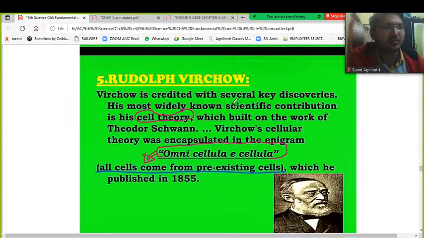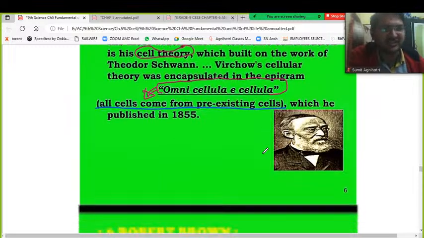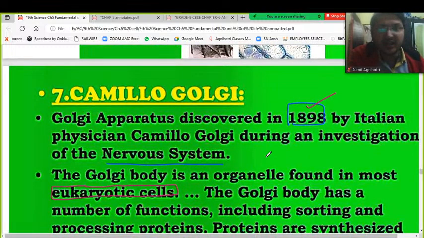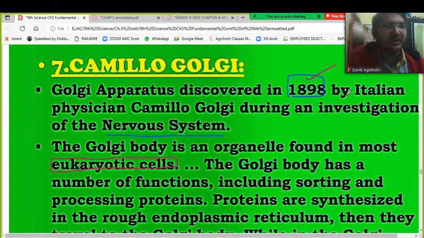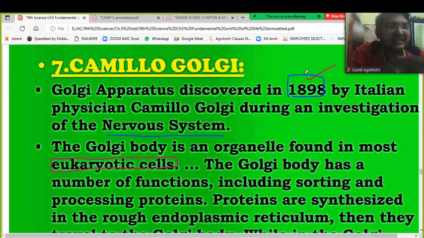And there is Virchow, who has again given the cell theory, that means omnis cellula e cellula, which means all cells come from pre-existing cells. Then we have Robert Brown, who has just discovered the nucleus and also the Brownian motion. And then Camillo Golgi, I have already told you that in 1898, when he was working on the nervous system, for which he also received the Nobel Prize, during that observation, he randomly discovered the apparatus responsible for